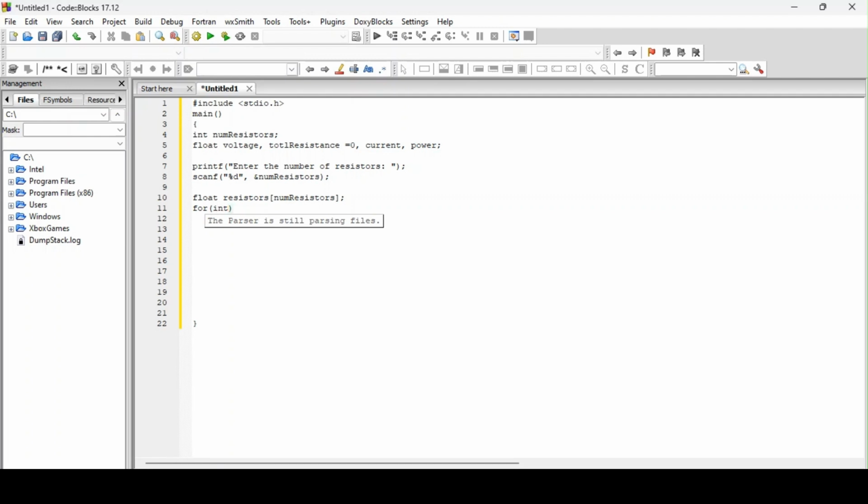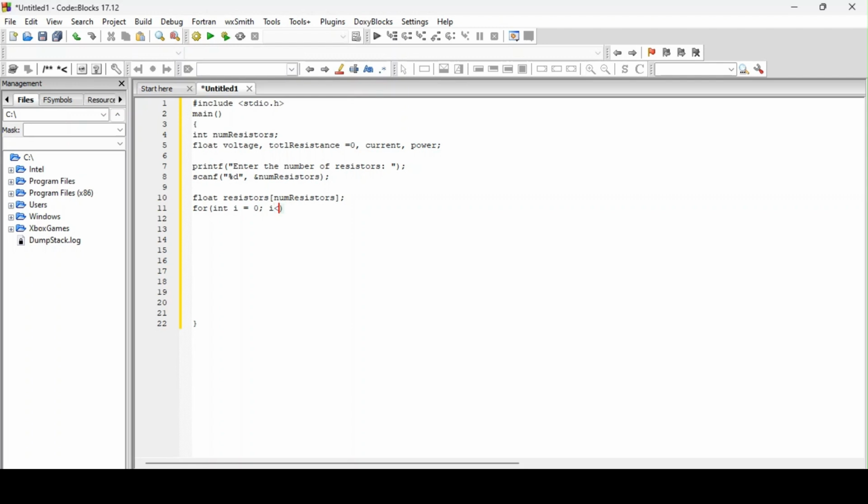Now you will have to declare this variable i. This variable i actually acts as a loop counter. So you initialize it to 0, i is equal to 0. Why are you actually initializing it to 0? I will explain it, but I just want to write everything in here, and I will explain it after doing